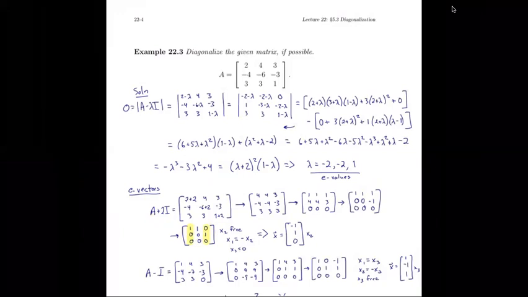And that means x2 is free. And then solve for x1 in terms of x2. And we see that x1 is equal to -x2. And x3 is equal to 0. Remember, again, there's a right-hand side or an augmented column of zeros there. So x3 is 0, x1 has to be -x2, and x2 is free. Right? So that would be -x2, x2, 0 for the vector,